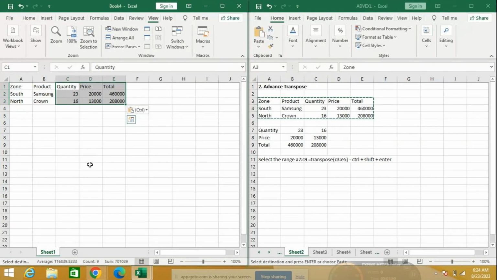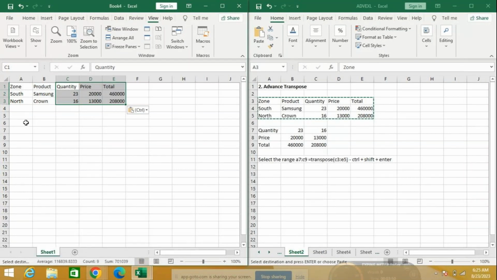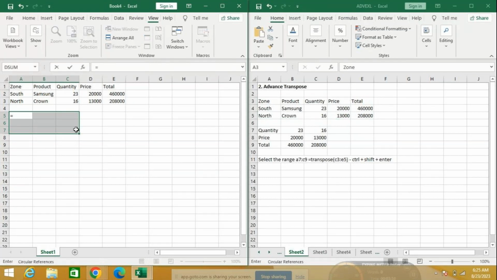Check it out. How many rows and how many columns in the data I have selected? Three rows and three columns. Okay. So in the same way, here I am selecting 3 rows, 3 columns. I want it to be transposed here. So you select the range, then you use the function. In the selected range, you type equal to